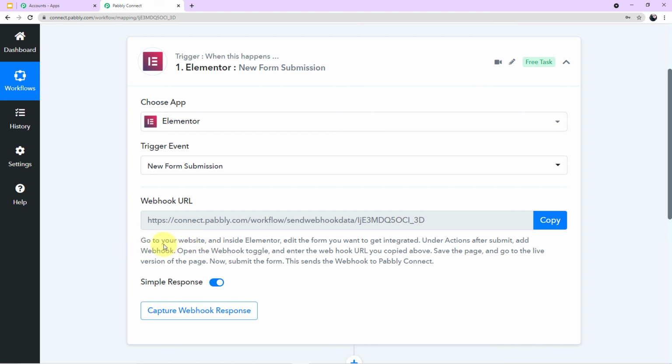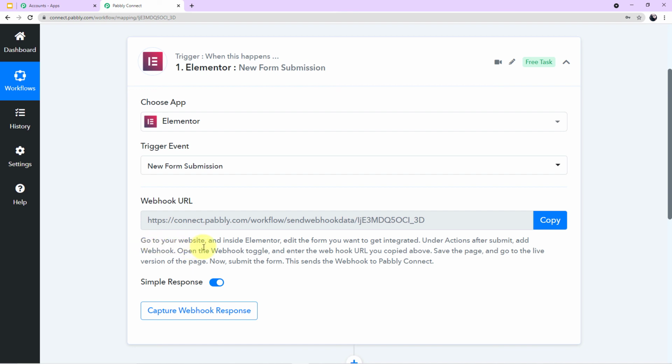carefully, guys. Reading the description is very important because it will tell you what your next step is, or what you have to do next. Guys, if you read the description carefully, you need not follow any other tutorial. Just by reading the instructions, you can create your workflow completely on your own. So don't forget to read the instructions.